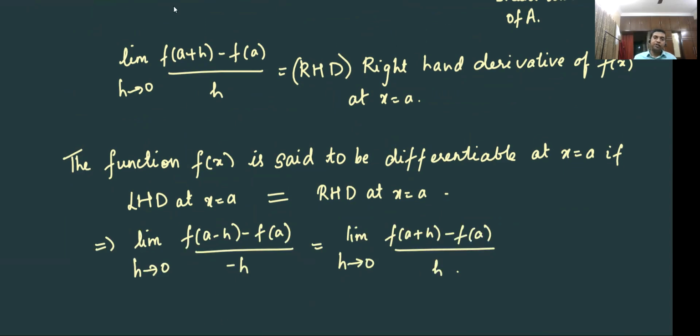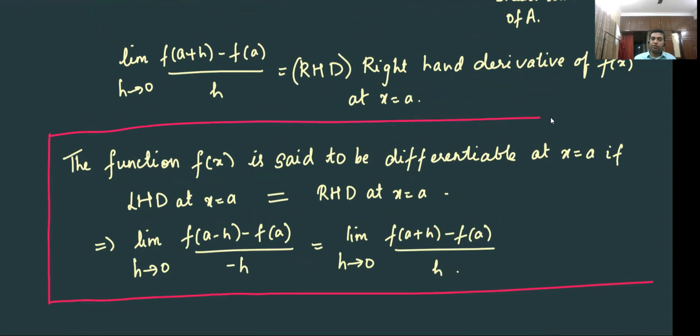So a function is said to be differentiable when these two limits are equal. What are these two limits? Take the slope of the secant from the point at which you need to find the derivative to the left and to the right, and make those slopes approach